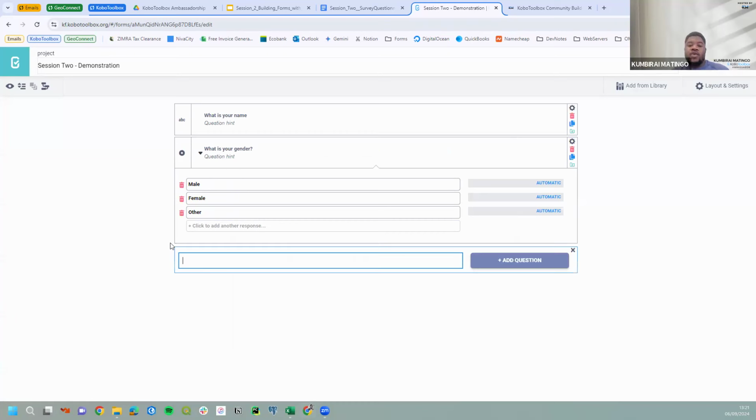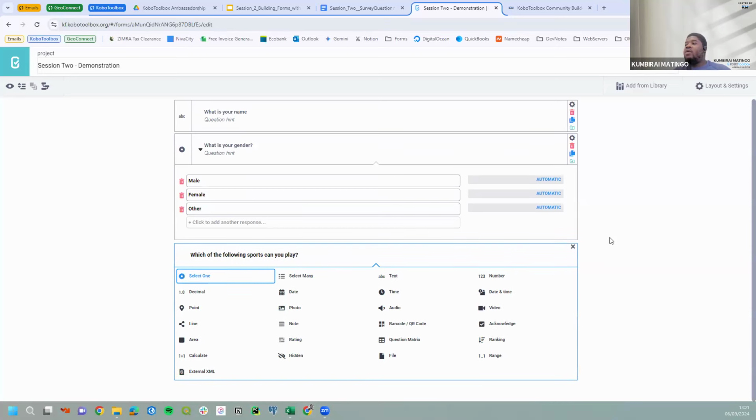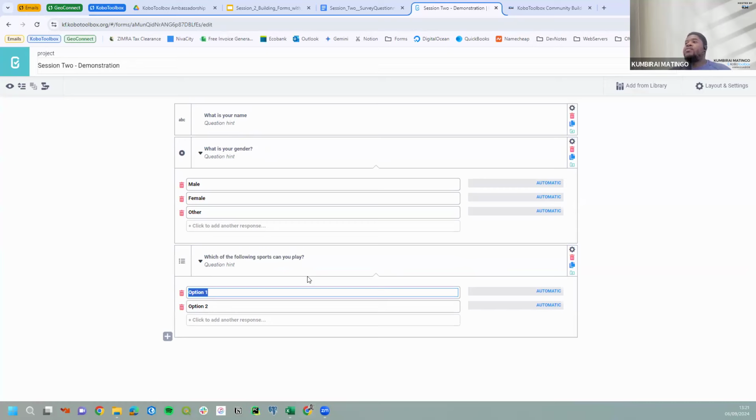So this time I'm going to ask which of the following sports can you play? So that is the question that I would like to ask. And then I click on add question and then I select on select menu. So this is where I'm going to enter all the names of the sports that I would like the respondents